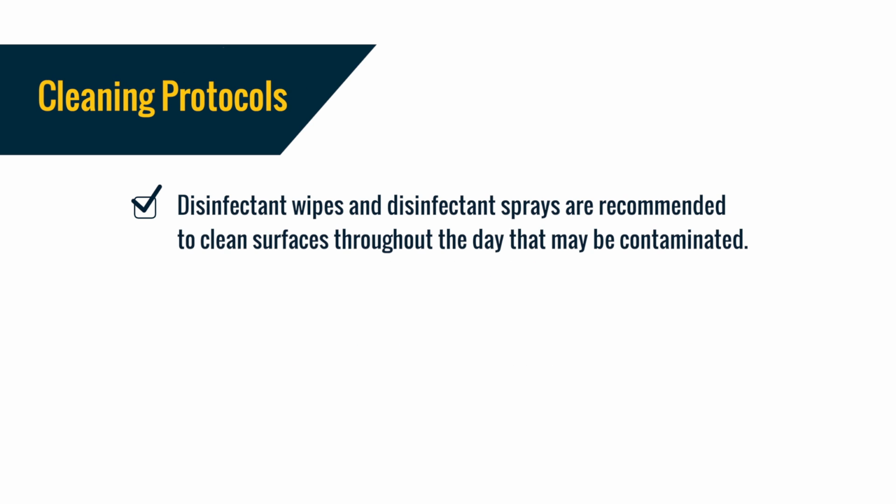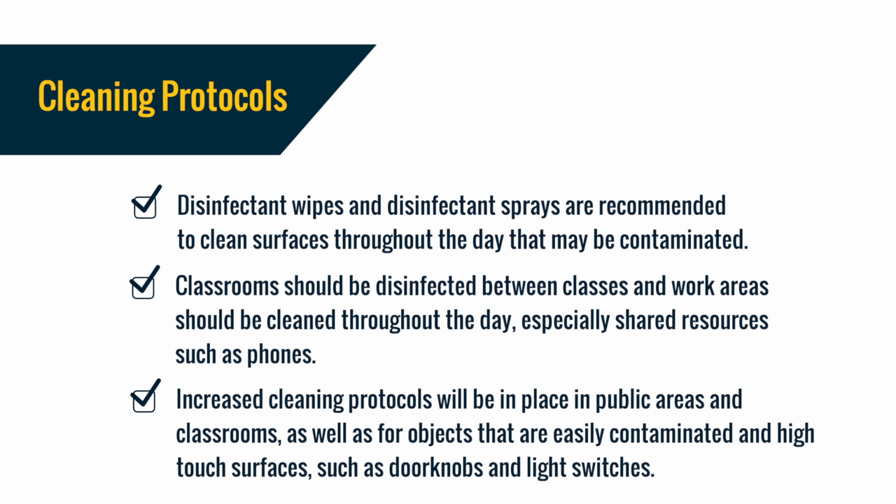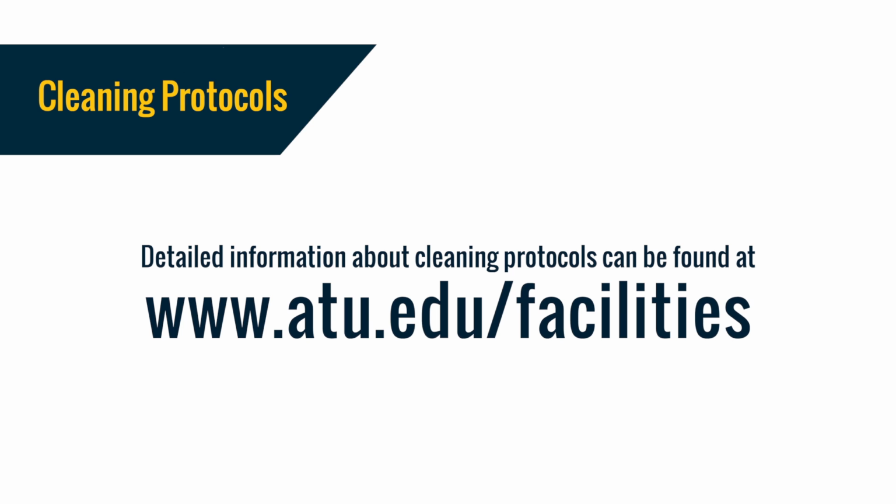Cleaning protocols. Disinfectant wipes and disinfectant sprays are recommended to clean surfaces throughout the day that may be contaminated. Classrooms should be disinfected between classes, and work areas should be cleaned throughout the day, especially shared resources such as phones. Increased cleaning protocols will be in place in public areas and classrooms, as well as for objects that are easily contaminated and high-touch surfaces, such as doorknobs and light switches. Detailed information about cleaning protocols can be found at